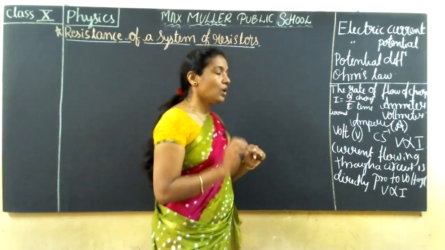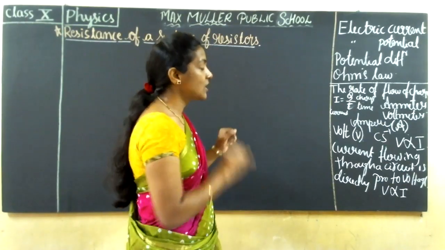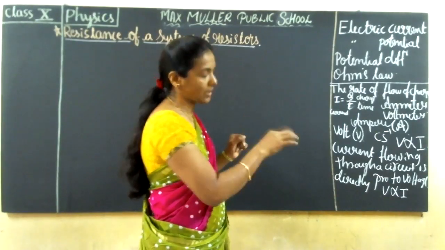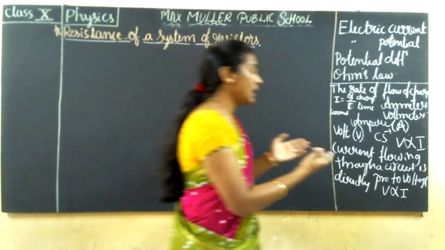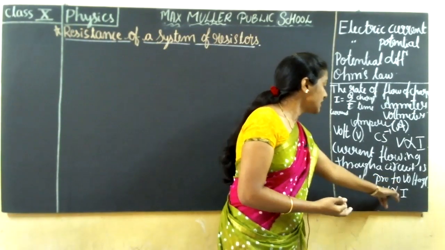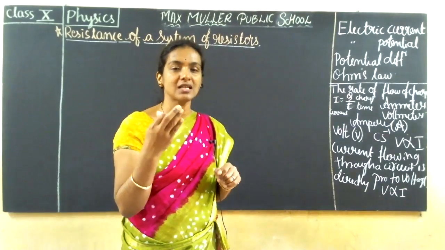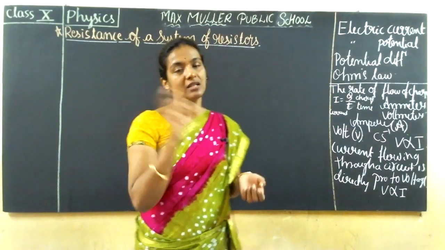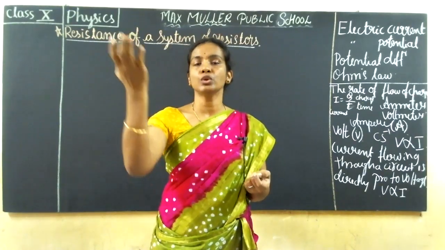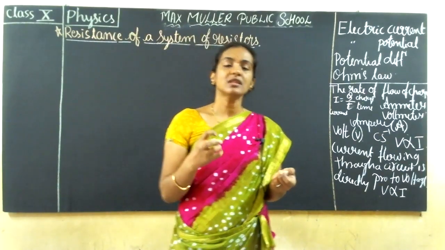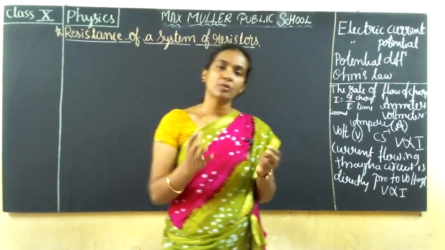My point is to explain, and convince you, why it is taken as a proportionality sign. It means current is directly proportional to voltage. Why is it taken as proportional? I explained it in the third class. When you add more and more batteries to a circuit, current automatically increases. When you reduce the voltage, current also reduces. It means they are proportional to each other.